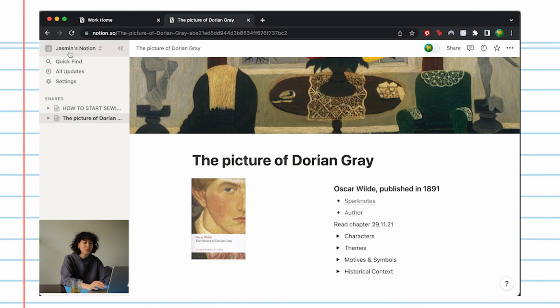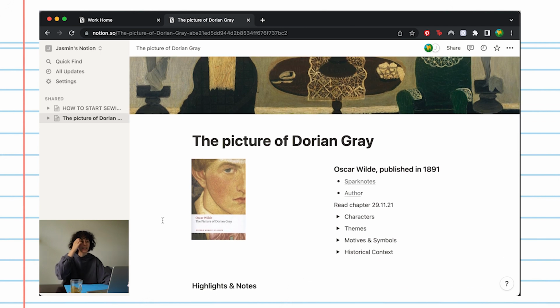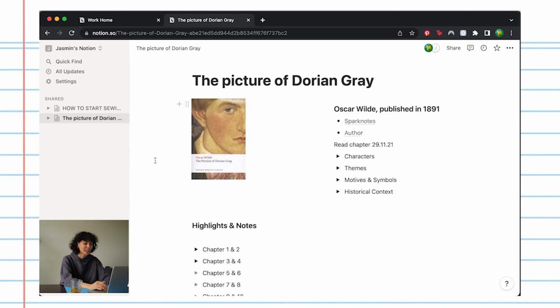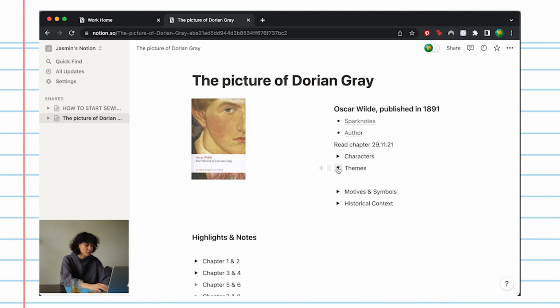One way you can use these spaces, and like I was talking about collaborating before, is Yusuf made this page because we were trying to read The Picture of Dorian Gray together and take notes on it and have like a book club. But we made this collaborative page, which is super cute. We have the little characters. I don't know how much we filled out. We just made spaces here.